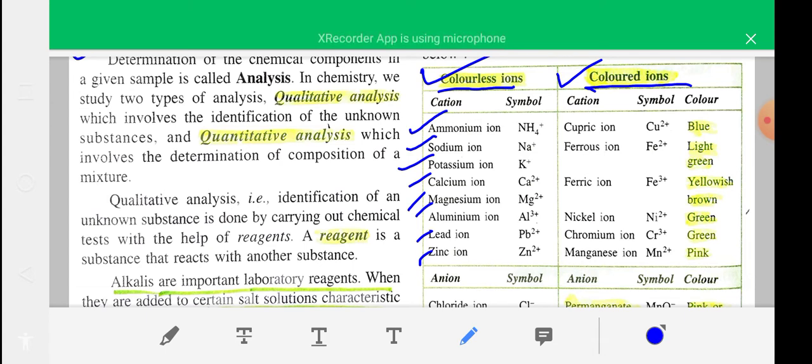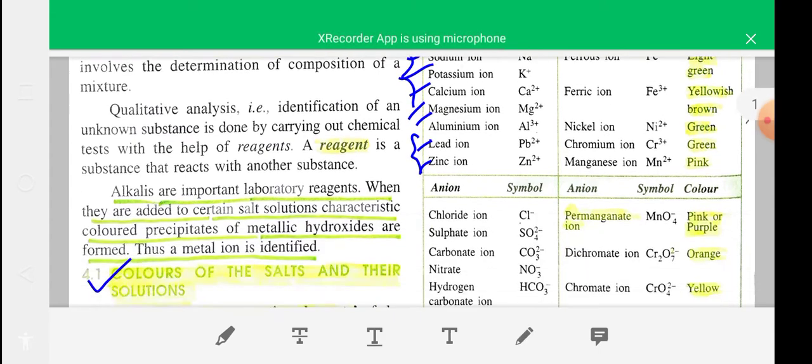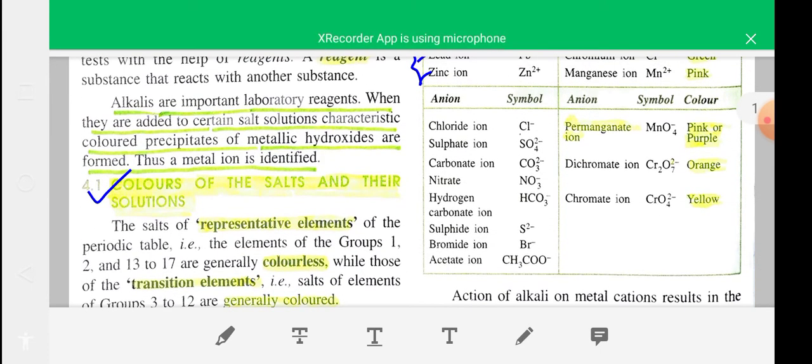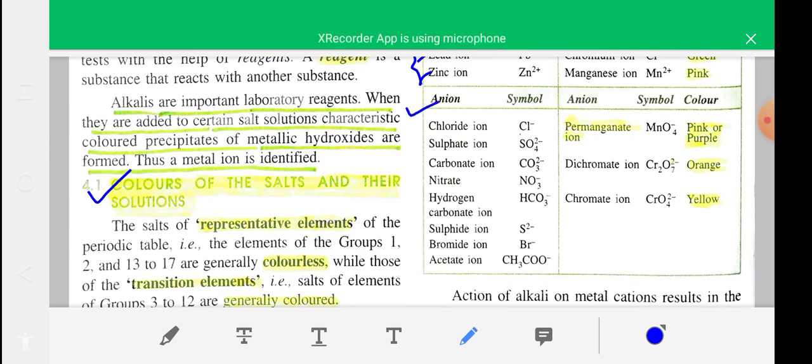Zinc and lead are transition elements, and sodium, potassium, calcium, magnesium are representative elements, and they are colorless. Okay, some anions are also colorless, like chloride, sulfate, carbonate, nitrate, hydrogen carbonate, sulfide, all these are